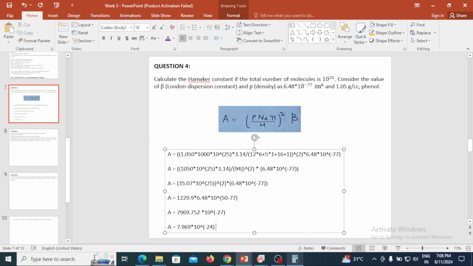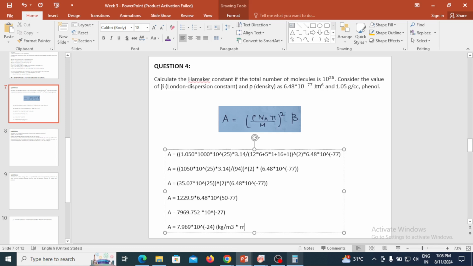Because kg per meter cube, number of moles per molecule divided by kg per mole. So and then that whole square, so you will be left out with the m power minus 3 the whole square times joule by m power 6. So that will get cancelled. This is again given in the lecture, so you can do it. So it will be kg by meter cube times